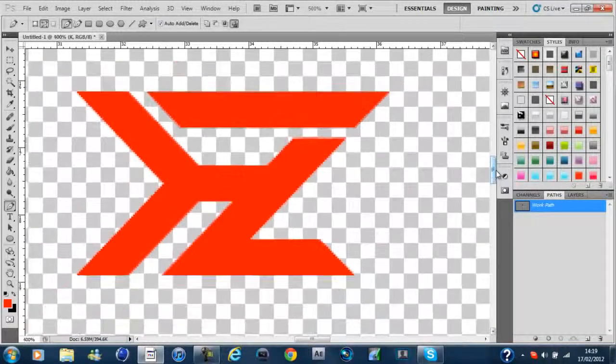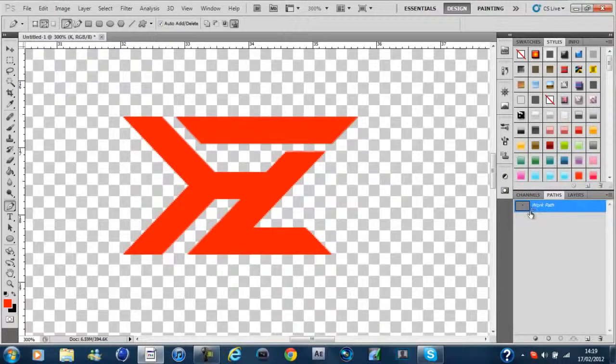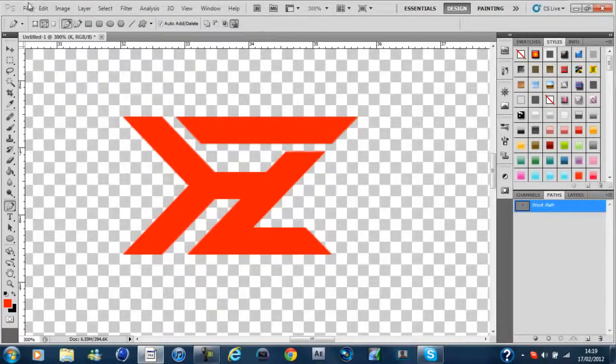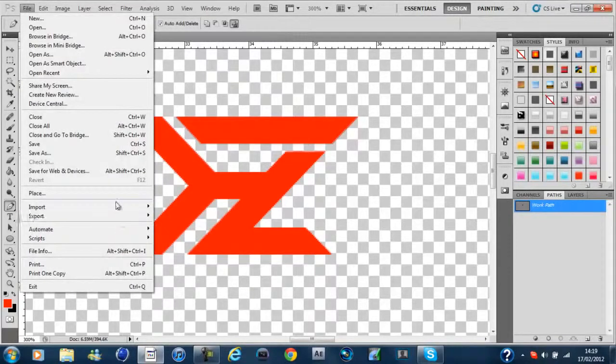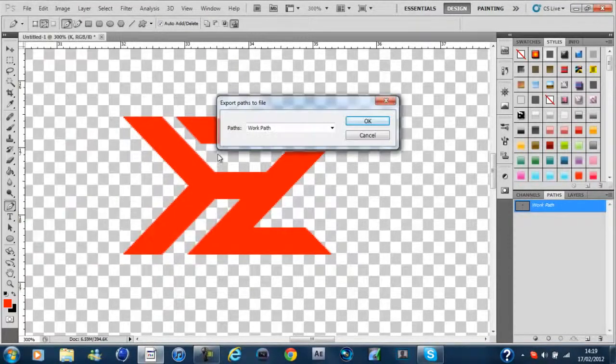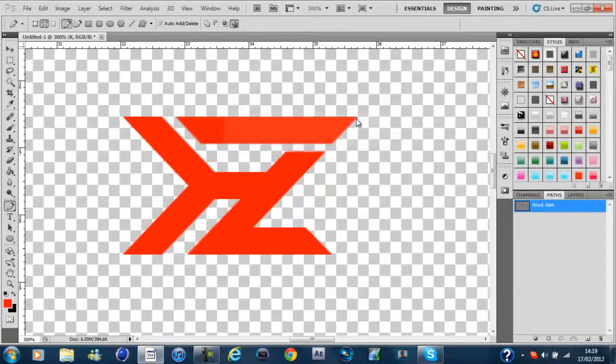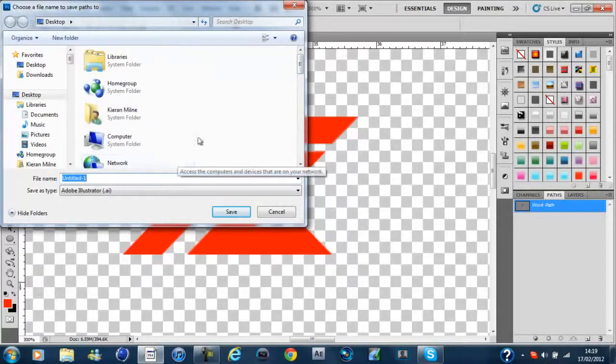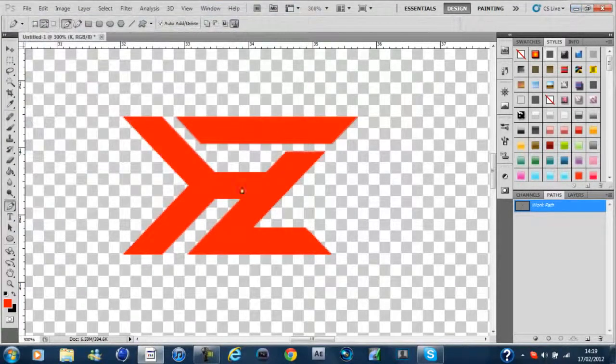And then to get it into Cinema 4D, what you do now is make sure that you've got paths that actually made the path. If it didn't, right click, and where it says delete path, you'd say make work path. Go to file, export paths to Illustrator, make sure it says work path, click OK, and it'll ask you for a save location. What you could do is just type in whatever, save it, and it'll give you a little file. Then open Cinema 4D, which I'm not going to do, and just go to File, Open, and then just click onto your Illustrator path. So that's how you do it,